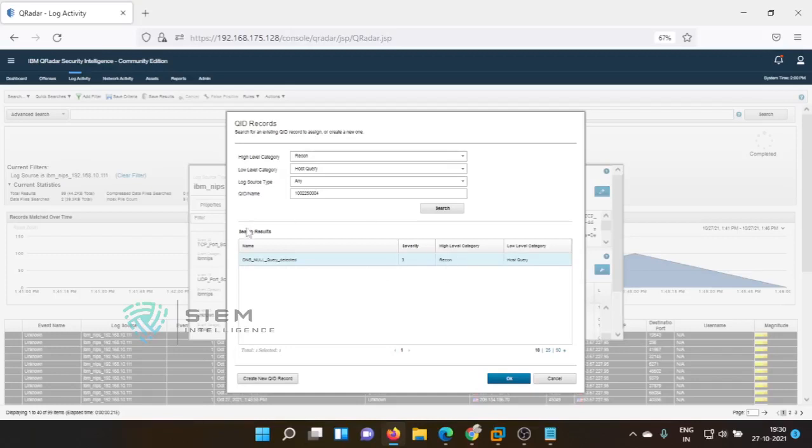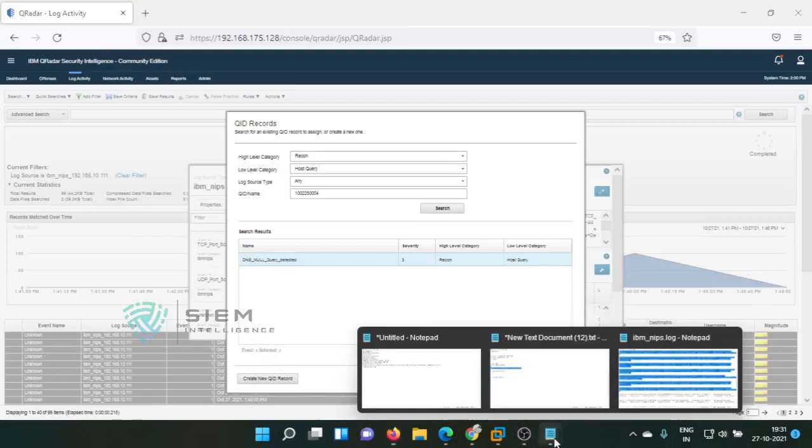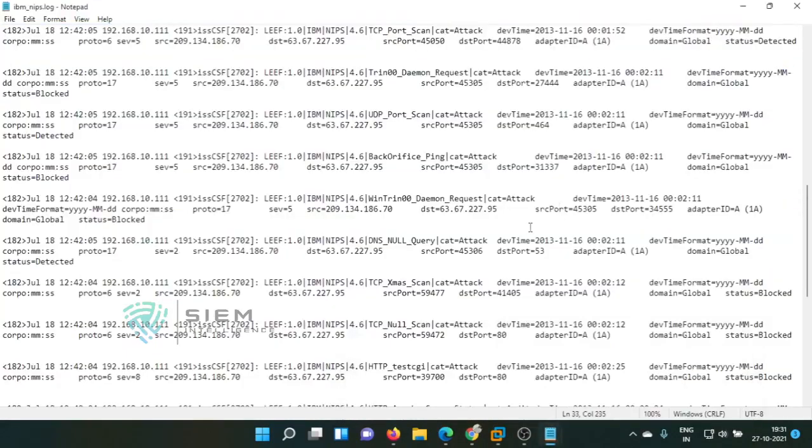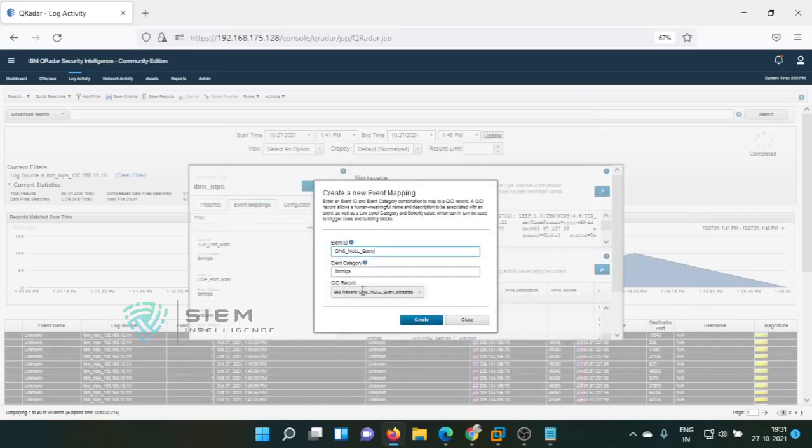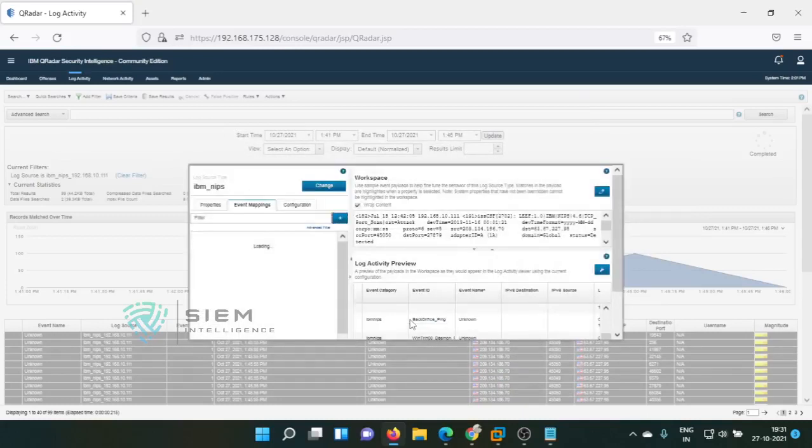According to that only, if you are giving, then it will give some sense. Else, if it is a DNS null query and you are giving a malware, it won't give any related, so it automatically gives some other answer. So better you are creating something, means you should know what is the event standard. It is a host query, or you can say some attack, you should know. So it is a recon host query I am finding, as I am understanding. So you have to create like this.